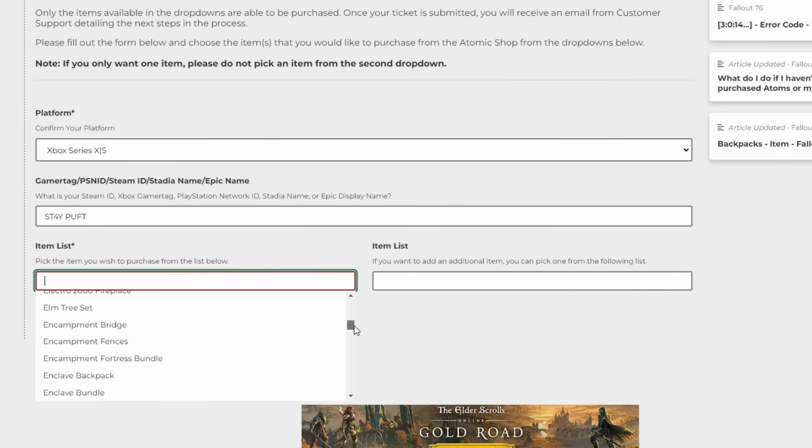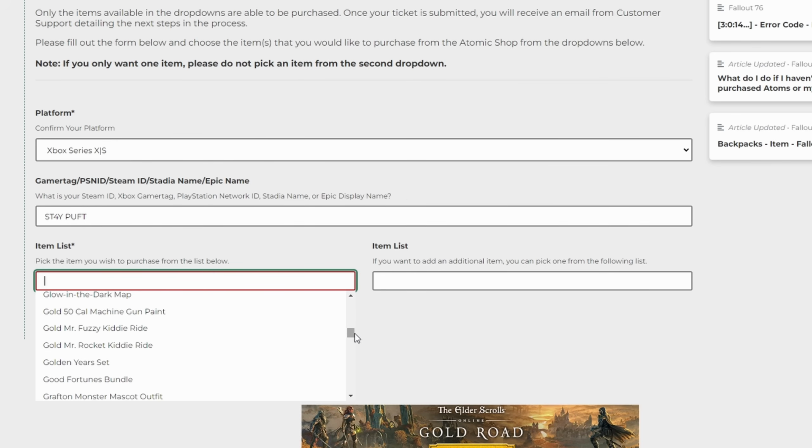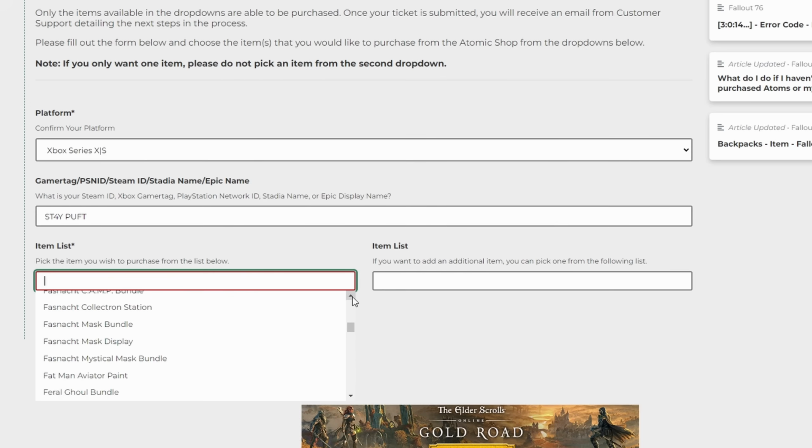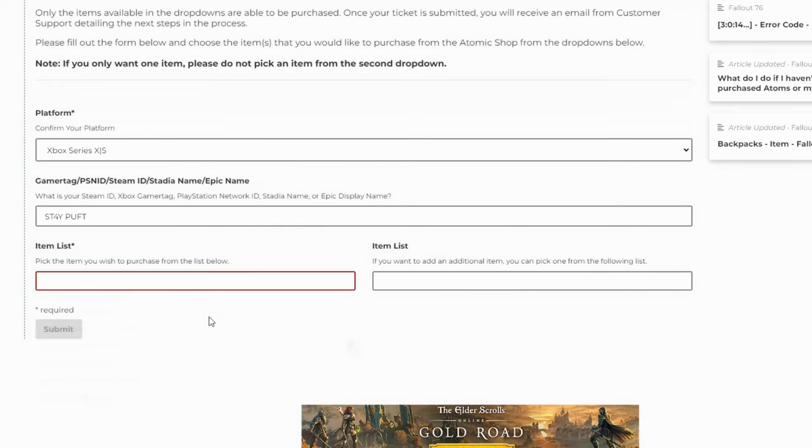Easter Bundle, Easter Rabbits, Electro Fireplace, a Fez, Fire Chief Bundle, Fish Lamp. So there's a bunch of stuff in here. Holiday Emote Bundle, that's a big one that people like to have. I think Fasnacht's got some stuff in here too. Yeah, Fasnacht Mask Bundle, Mask Display, Collectron Station. So there's a bunch of things that you can actually get without having to actually have them in the Atomic Shop. Anyway, you'll want to pick out the items that you want and then push submit, and then they'll email